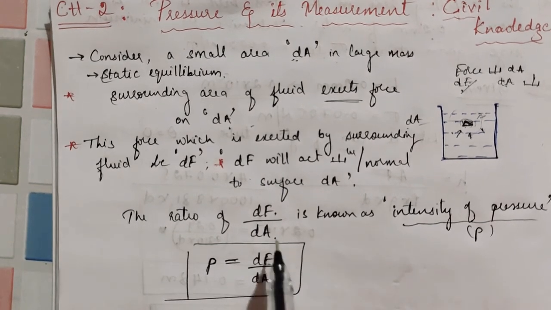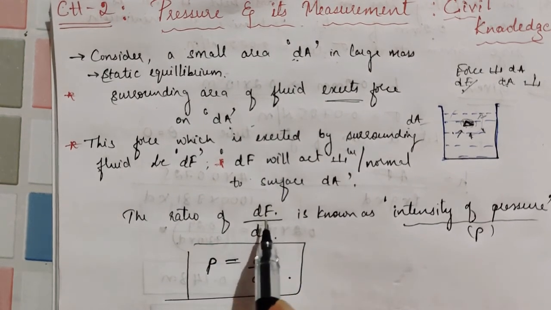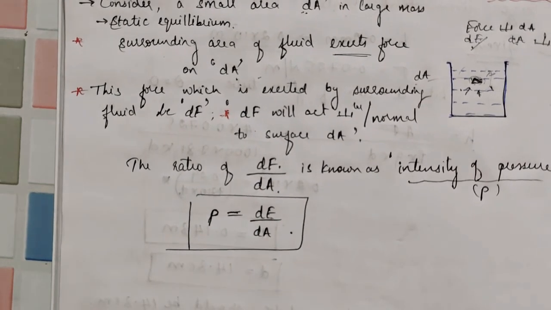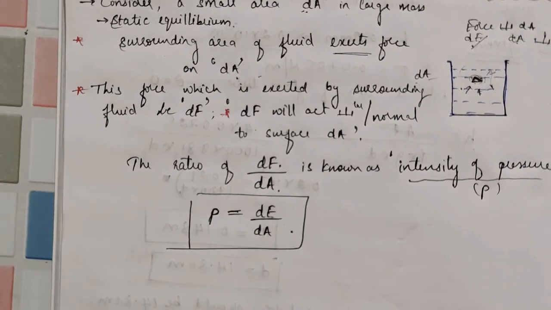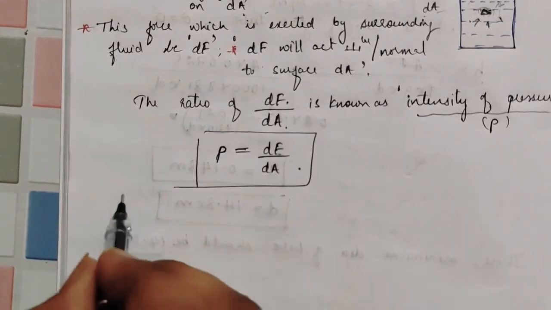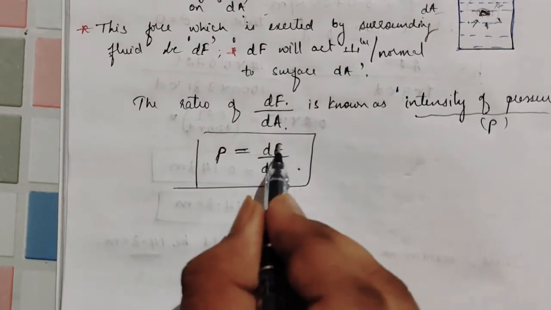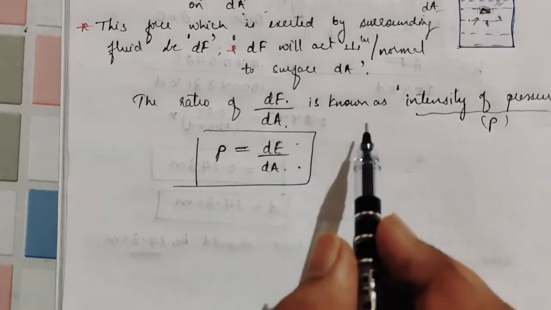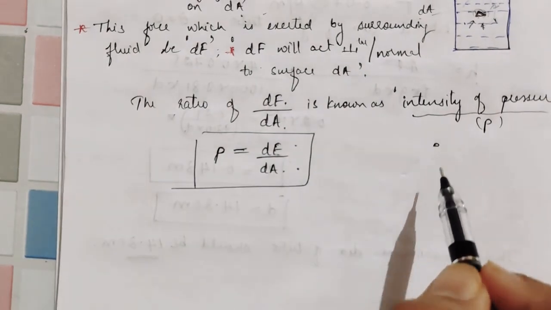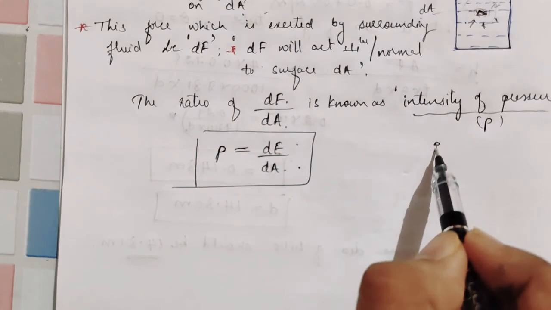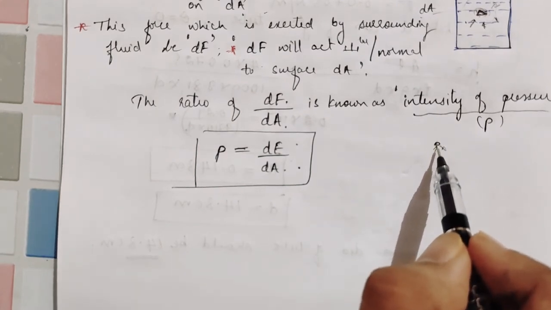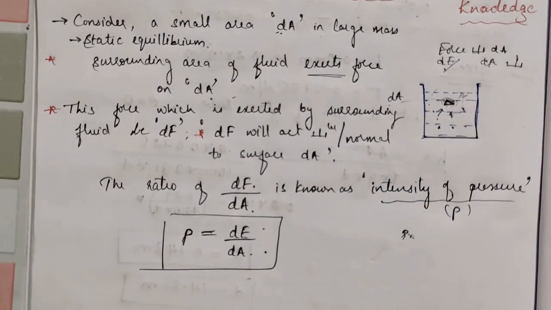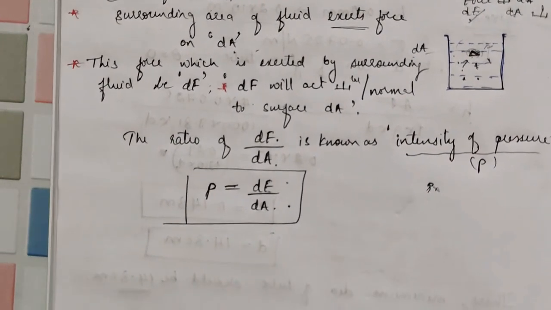Now if the force is uniformly distributed, we calculated for a small element, so what we have to do now is integrate so that we can give a formula for its whole content. We take the force dF as F, and the area as the full area. The same property will act on each molecule of this large mass of fluid, right?